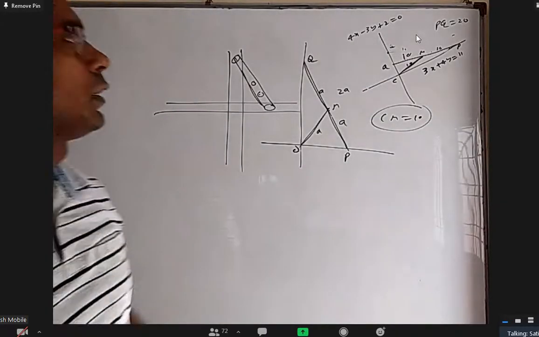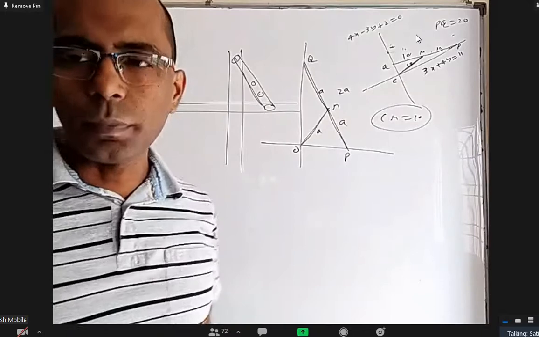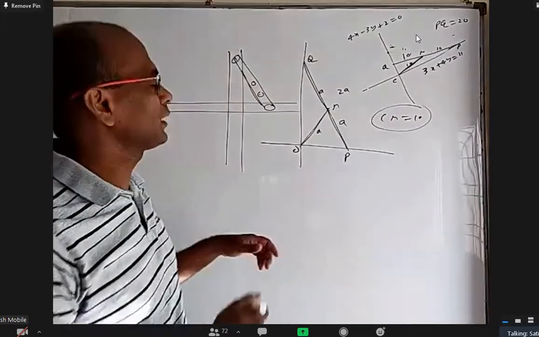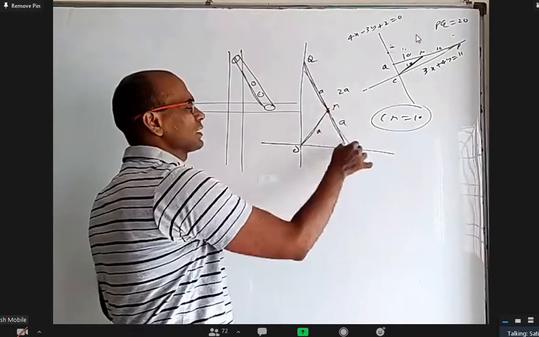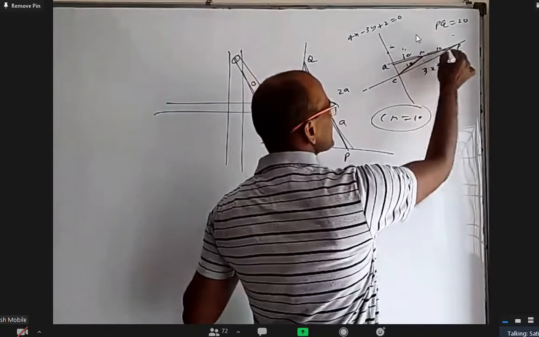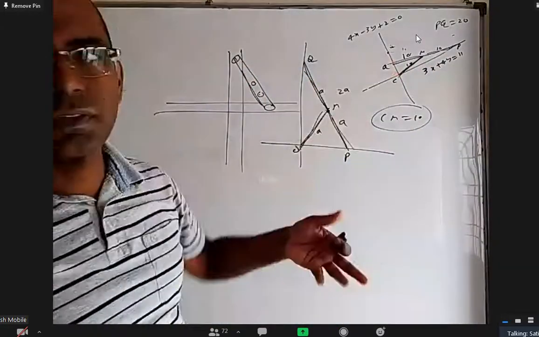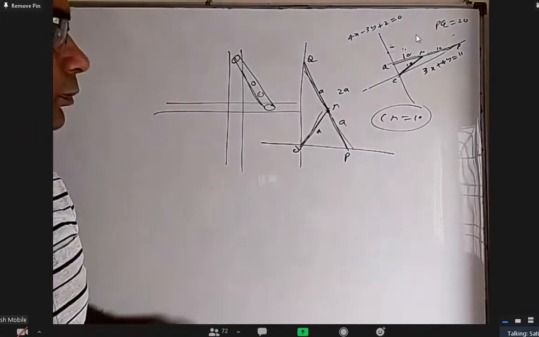Right? Okay. So, as I said, pure geometry is very useful for us. We know in a right angle triangle, the midpoint of the hypotenuse, all these three lengths are equal. Because this is 10, this is 10, this has to be 10. So the locus of that point is a circle. That is very simple. Right?